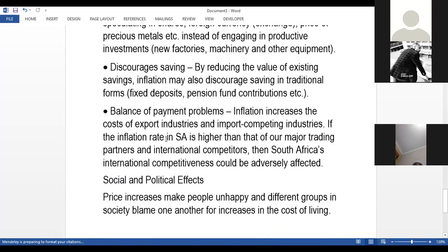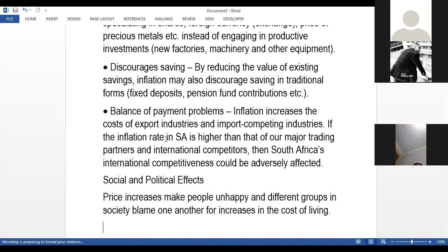Then lastly, but not least, it also affects the socio-political sphere within that economy. Whenever there are price increases, or whenever the cost of living increases, it's going to be affecting the economy in one way or the other. Obviously, when people are not happy with what they are receiving in terms of salaries and wages, and there is no matching of salaries and wages with the price increases, it's going to have an adverse effect